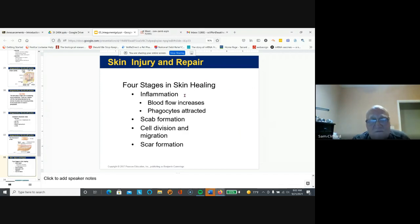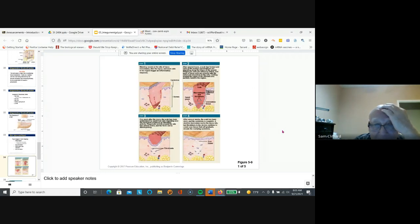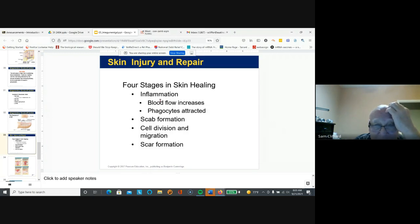Okay, skin injury. First thing that's going to happen is inflammation. So when you're attacked by bacteria, you get a cut, and more blood is going to flow there. That's going to send white blood cells that are going to attack the bacteria and clean up dead tissues. Scabs will form. Cells will continue to divide and migrate, and you could get a scar. So here are pictures of that process. All I want you to know is that inflammation is the first response, and then scab formation, cell division, and